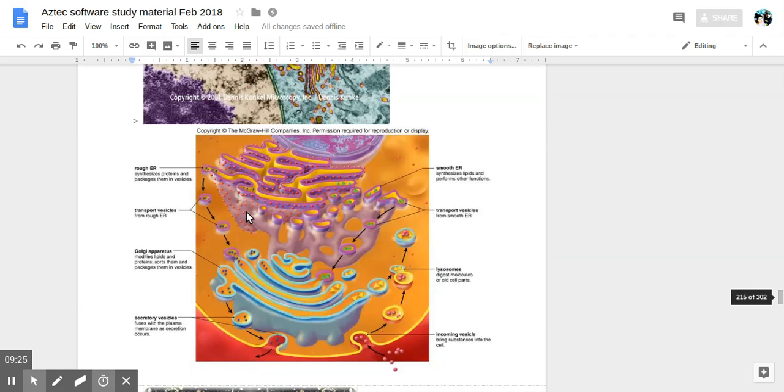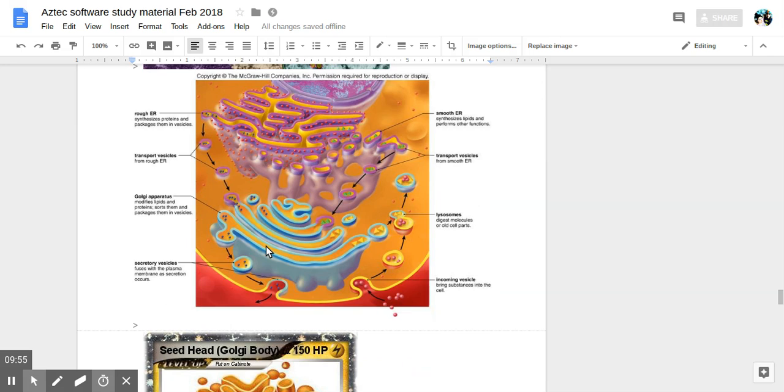So rough ER, that's the nucleus, synthesizes proteins, packages them in vesicles, transport vesicles from rough ER, bringing proteins. Smooth ER synthesizes lipids and performs other functions, lipids, steroids, etc. Transport vesicles from smooth ER, bringing lipids. Golgi apparatus modifies lipids and proteins, sorts them and packages them into vesicles, which fuse with the